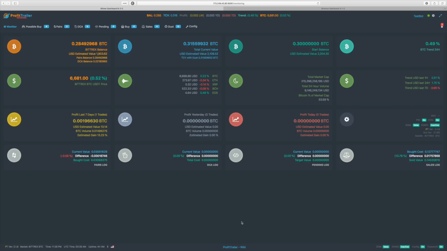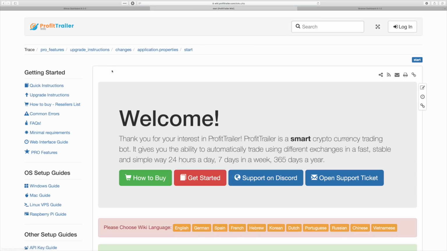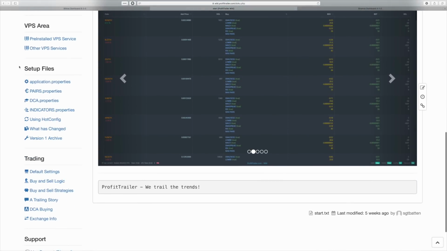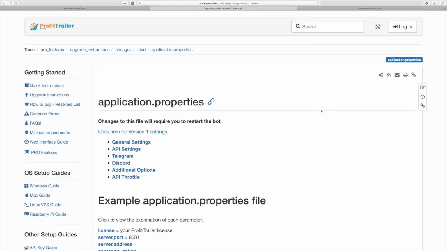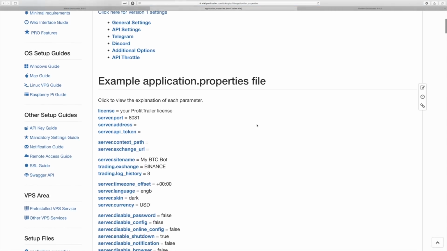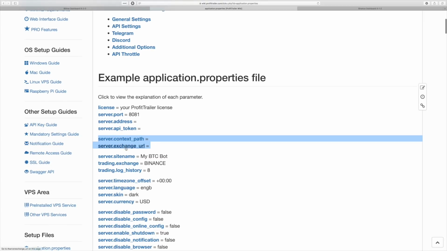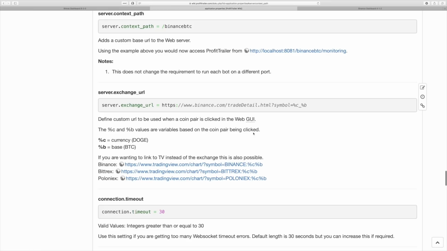I know that I've not been doing that in some of my other videos, but this one we are going to have to take a look at the Wiki to understand this fully. So if I go down to the bottom of my page here, click the Wiki link, it takes me to the ProfitTrailer official Wiki. We scroll down on the left-hand side until we find the Setup Files submenu, and then click Application.properties. What we're looking at here are two particular new parameters, the server.contextPath and server.exchangeURL. So I'm just going to start with